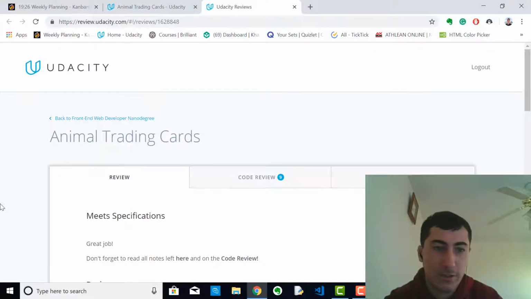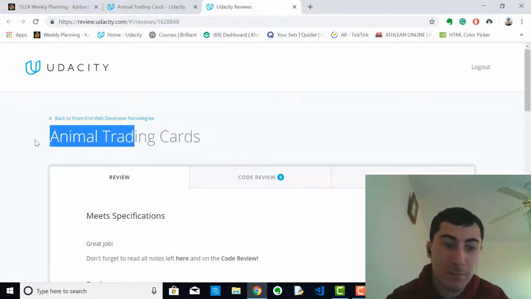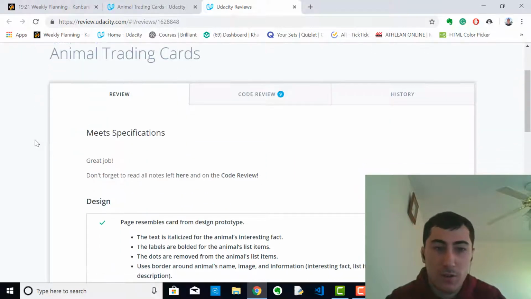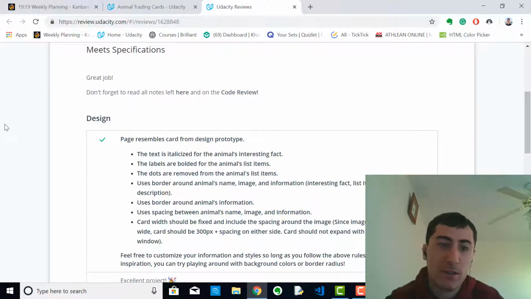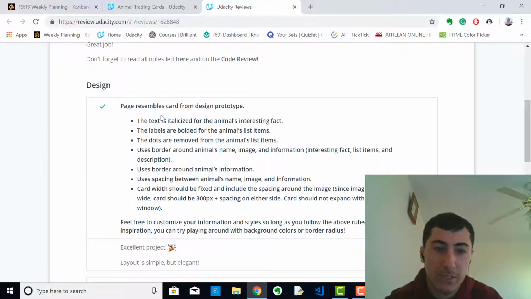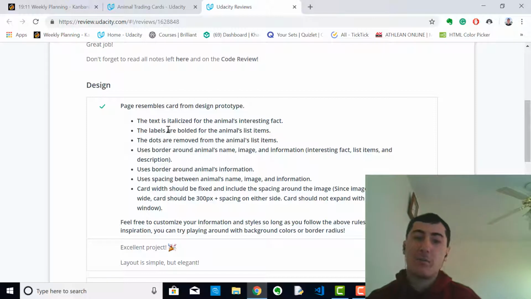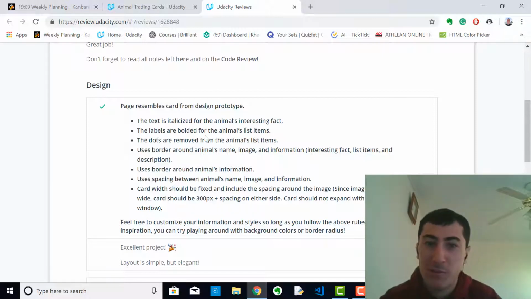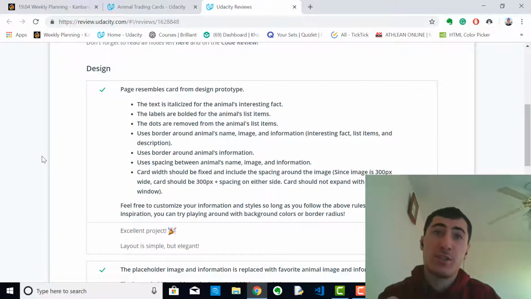Alright guys, we're here. Here's the animal trading cards project that I submitted. Here's all the specifications that I had to meet. So the text is italicized for the animal's interesting facts. The labels are bolded for the animal's list items. The dots are removed from the animal's list items. And by the way, before I move on, the language I used to create the project was HTML and CSS. So what they taught me in those lessons, I combined what I learned and I created this project and I